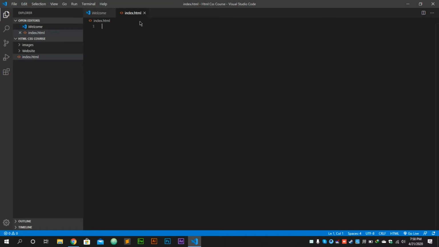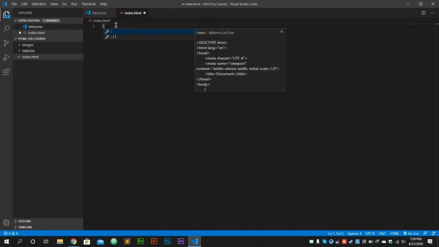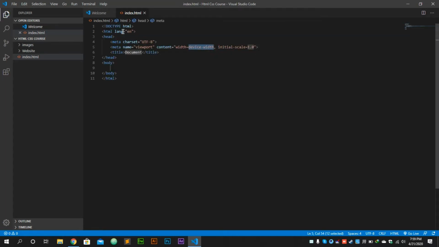So now our file has been opened. You can create another file from there. I have made it. There you have to write an exclamation mark. When you write an exclamation mark, an option is available when you hit enter, and it will make your HTML structure.